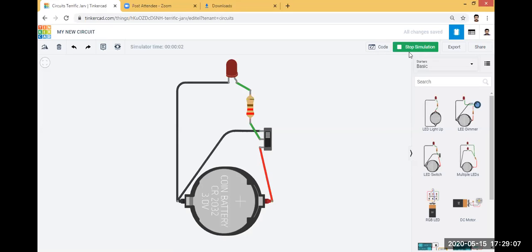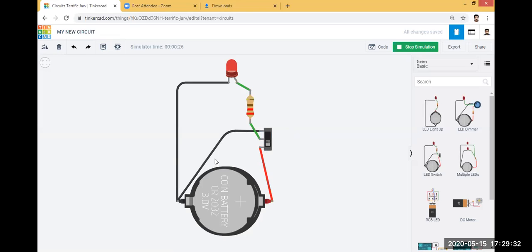Your simulation has actually started, and on the left side you can see the simulator time running, 0.8 second, 0.9 second. So now the circuit is working. When I click the slide switch button, you can see your LED starts working. So this is one circuit.